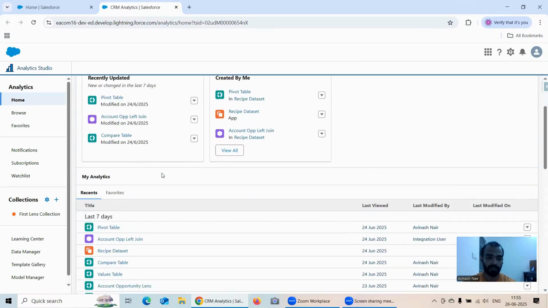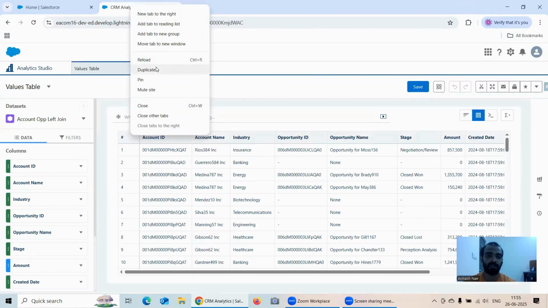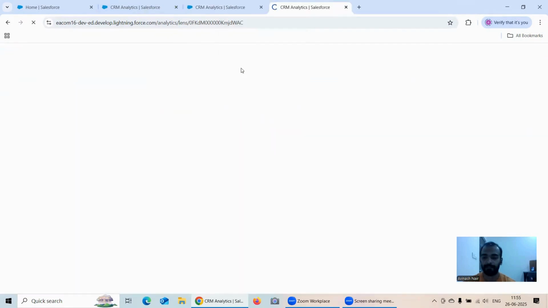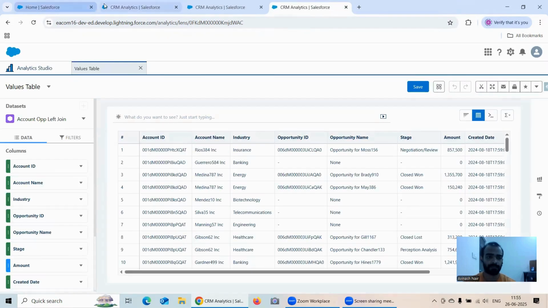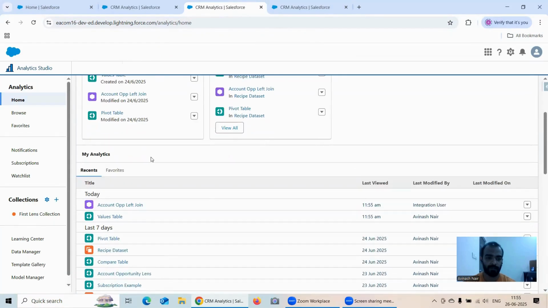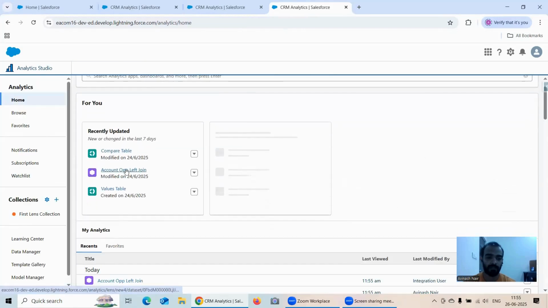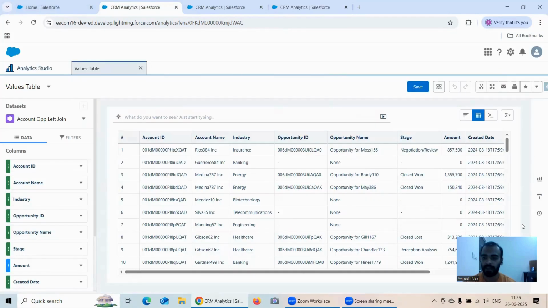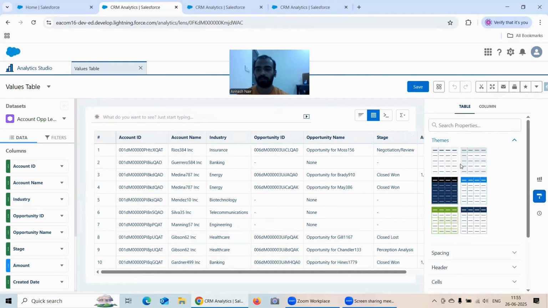So let me open first of all the values table, and also I will simultaneously open the others as well. So here, let me open the compare table. And here, let me open the pivot table. Now, if I go over to these formatting options over here, as I told you, you have two options, table